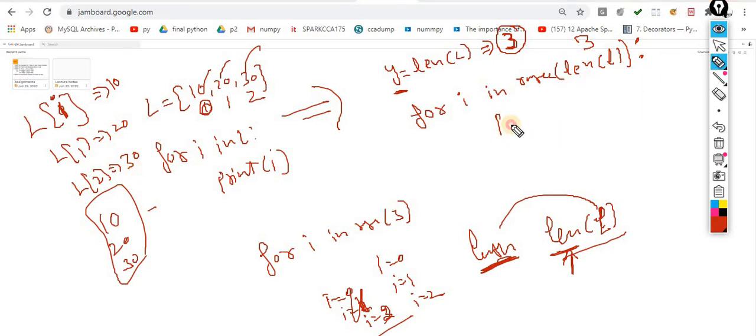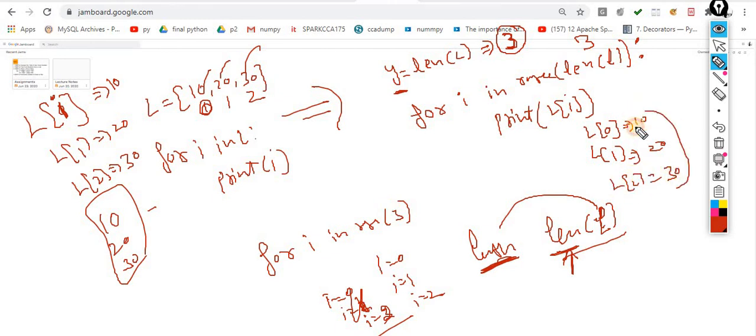So I will write print L of i. That's it. In the first iteration i is 0, and L of 0 is 10. Now i becomes 1, L of 1 is 20. Now i becomes 2, L of 2 is 30. So you will get this output.